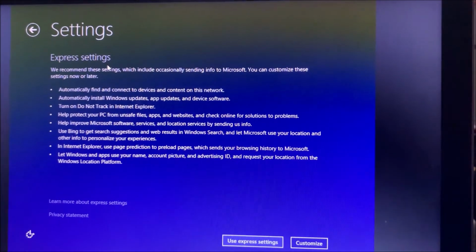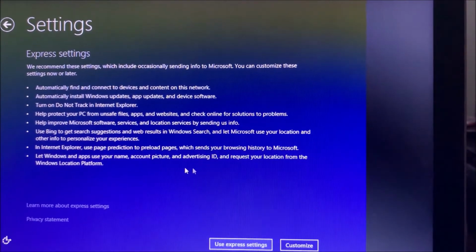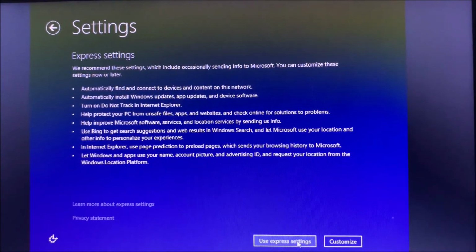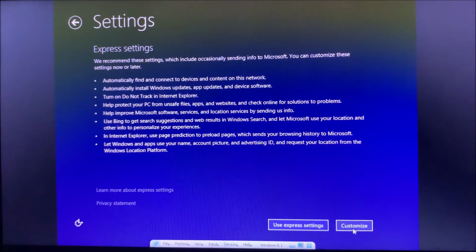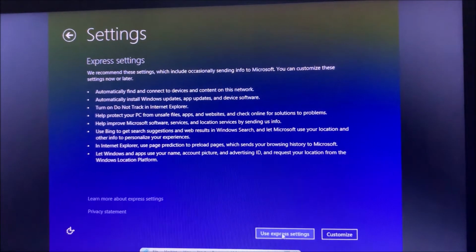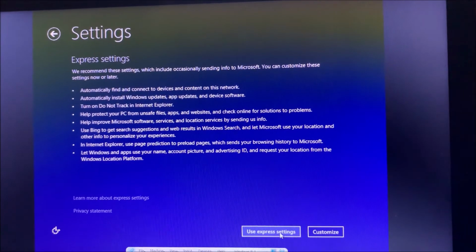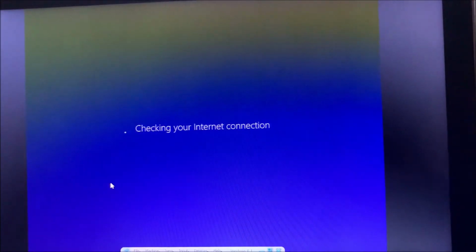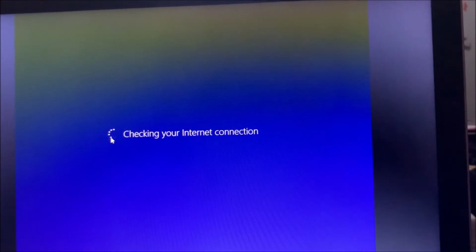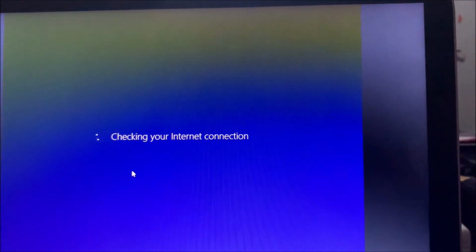Now you will get this settings page. Here you can select use express settings, or you can even customize. I'll use express settings. Now it's checking our internet connection.